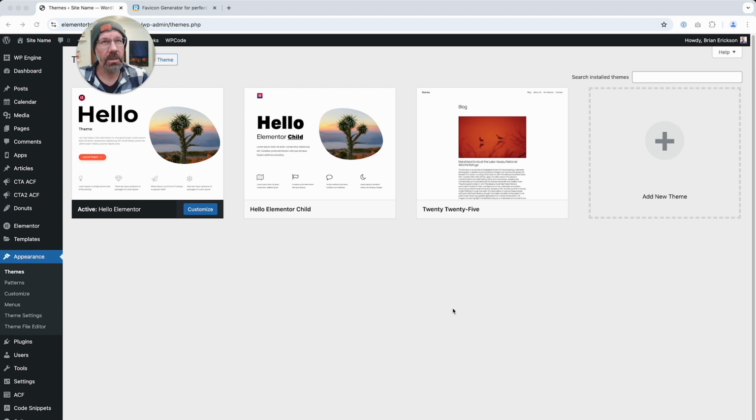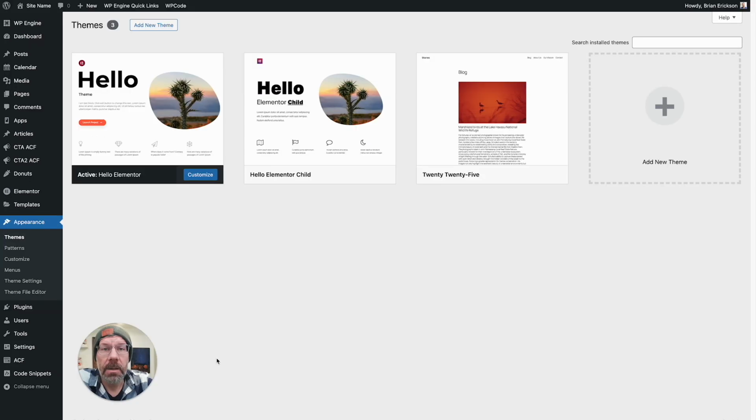So I want to show you what we do to make sure that we get fully featured support for our favicon, including desktop icons. So let's take a look at how we do it. Normally, what you would do if you're running the Hello theme for Elementor, which is a great vanilla type theme to run, I really recommend it,